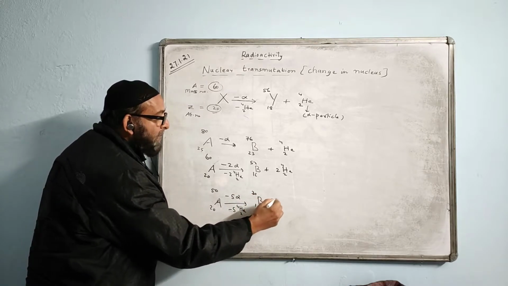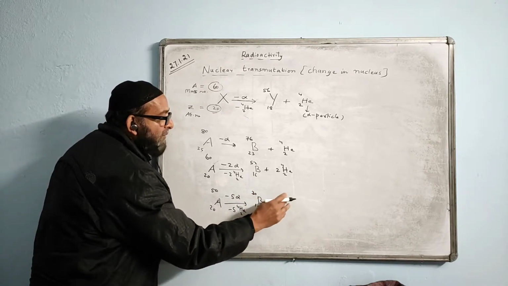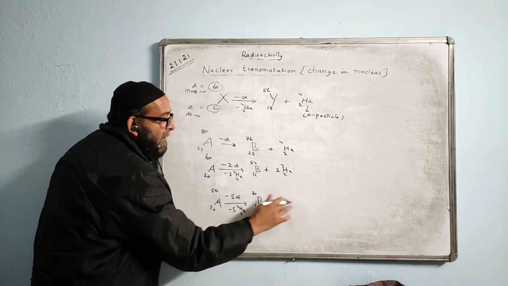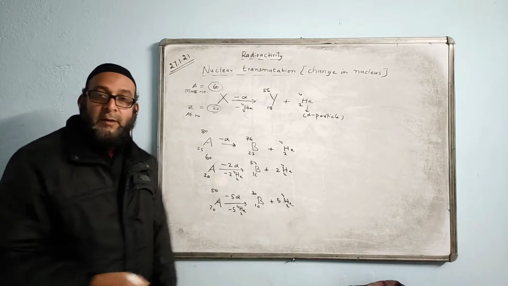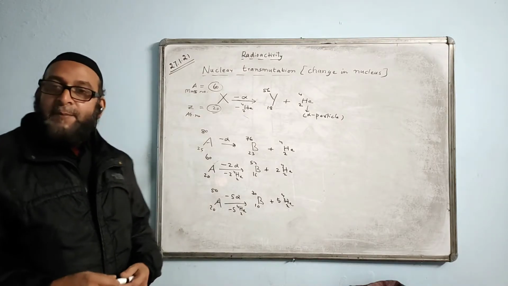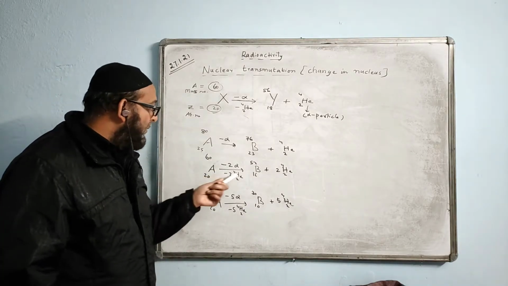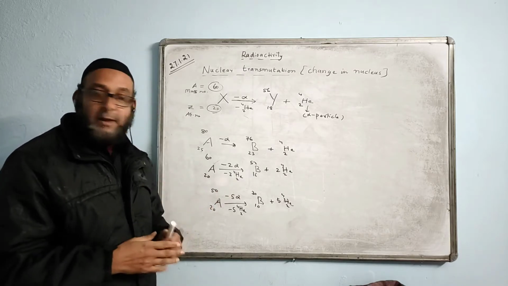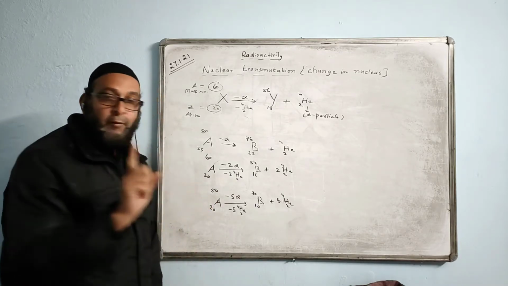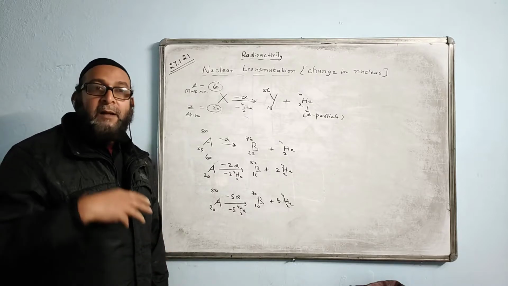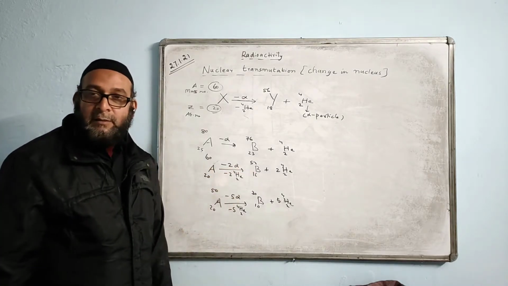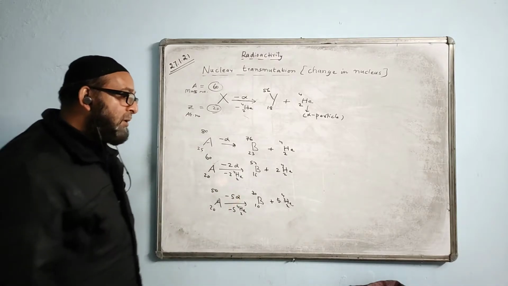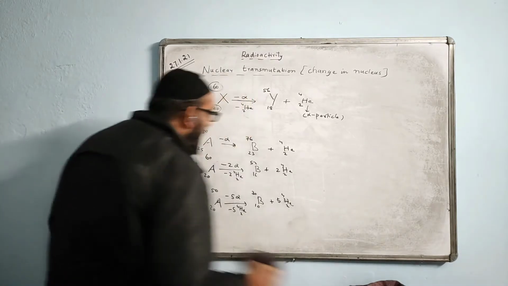And here we will be writing plus 5 alpha particles. Instead of writing alpha, we write this one, helium, 2 and 4. I hope you understood it. An alpha particle always means this much, helium 2, 4 will be emitted. So that means minus 2 and minus 4 for 1 alpha particle. If more than that are emitted, then accordingly we will be making the changes there. And you will get the new composition form. So this is about the alpha particle.